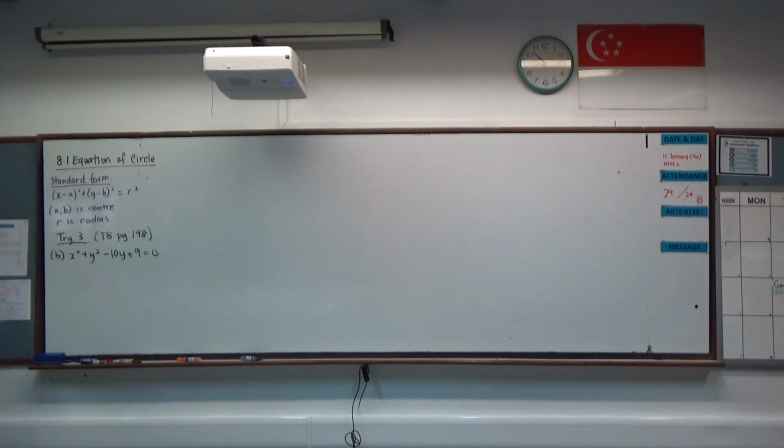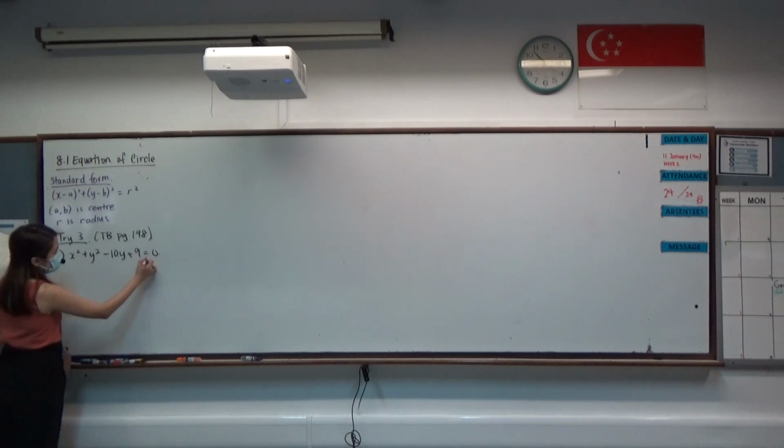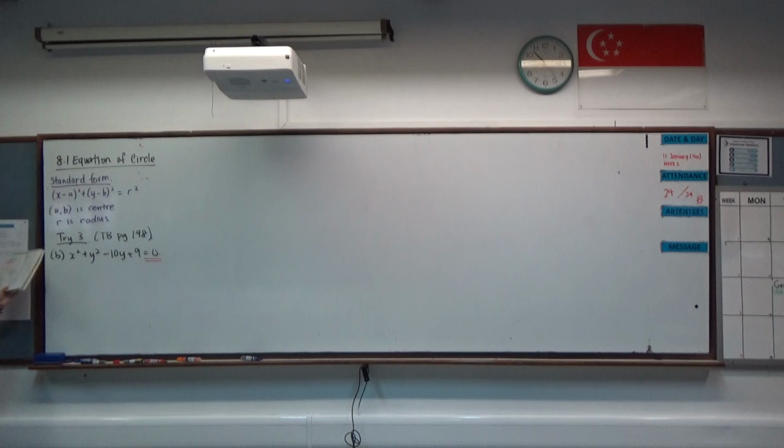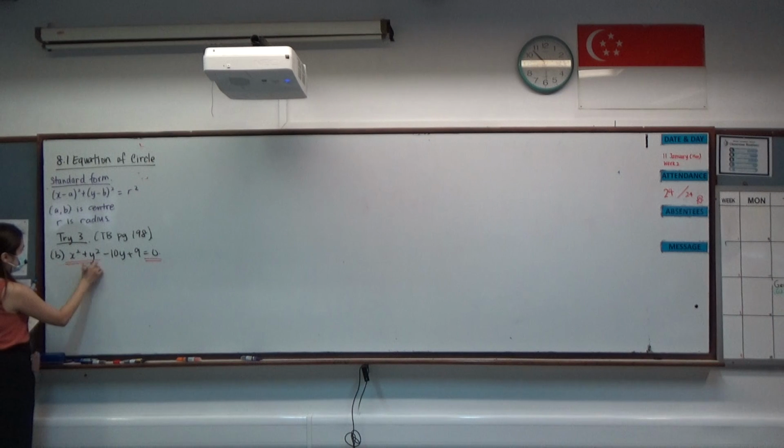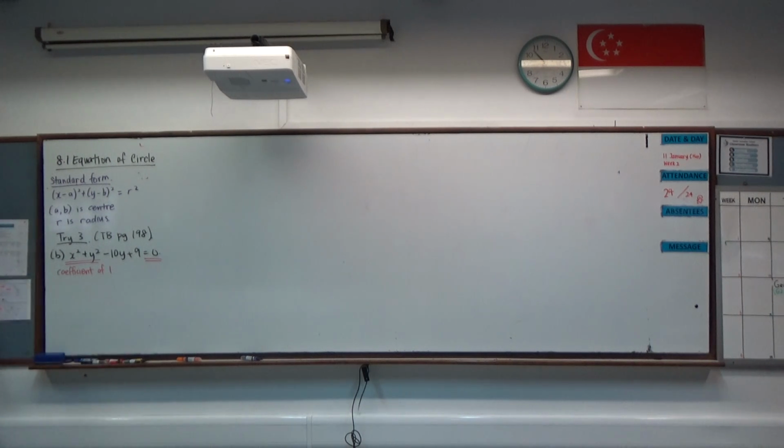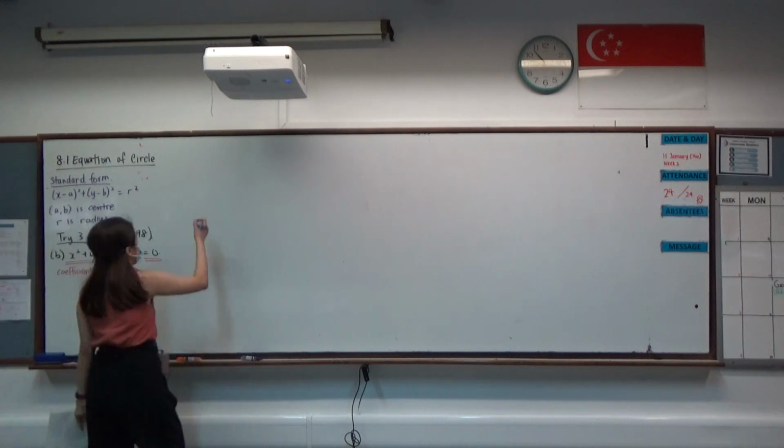We are given a general form equation, x squared plus y squared minus 10y plus 9 equals 0. Something that we need to make sure of whenever we handle a general form equation is that the right hand side is always equal to 0 first, and then that x squared plus y squared has a coefficient of 1. In this case, we want to find out the center and also the radius of the circle. What I suggested in the last lesson was to let